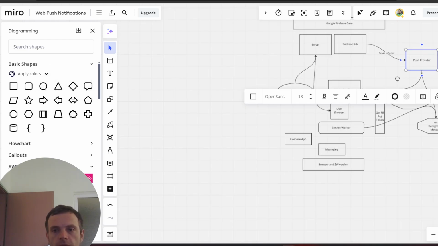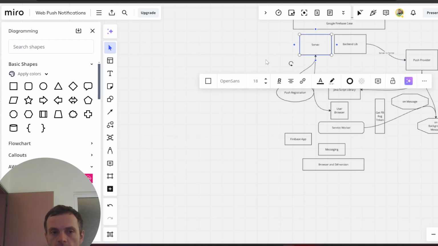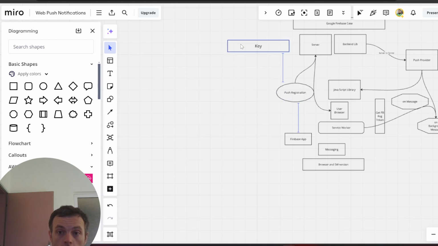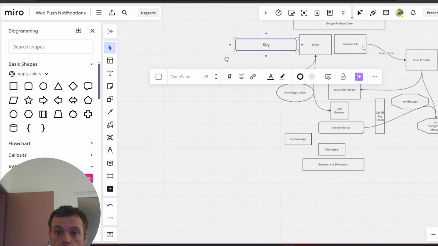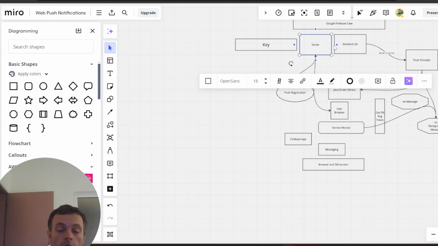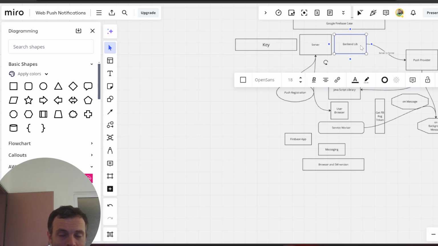Instead of having on your server the key, this VAPID key, and being able to push server to server using the registration token of the user, they've modified your backend to select what project